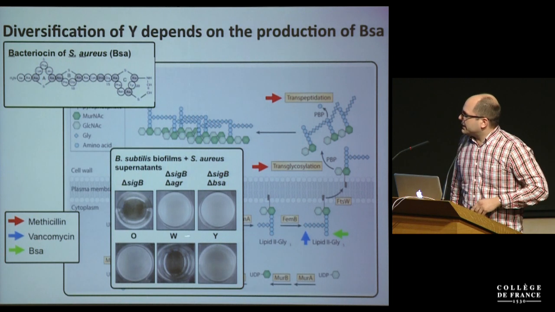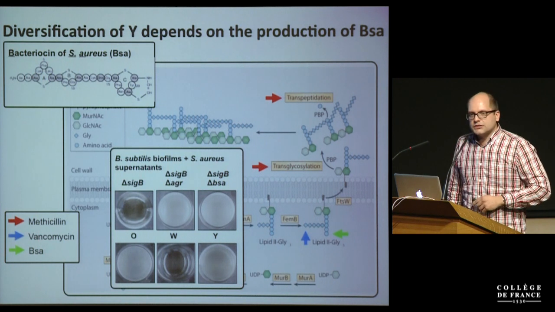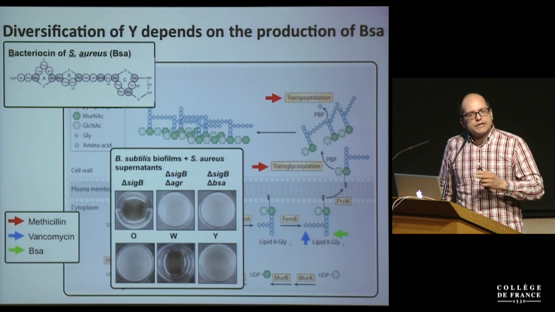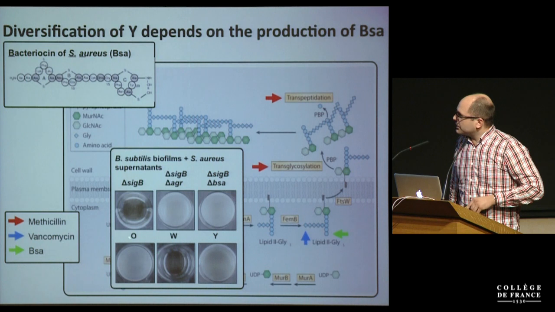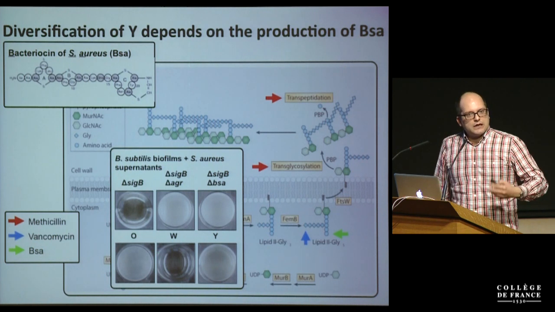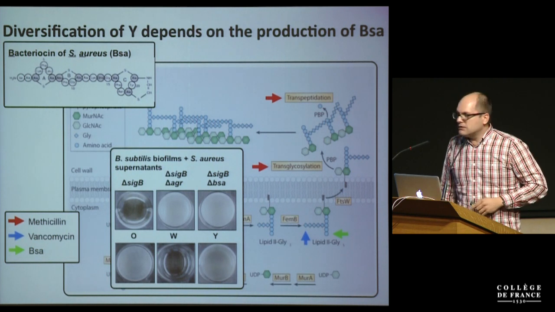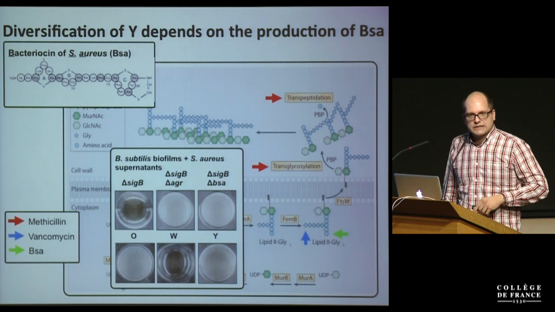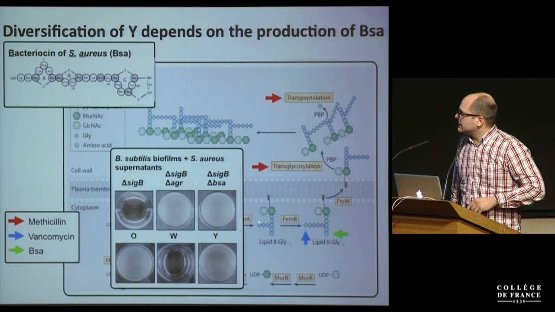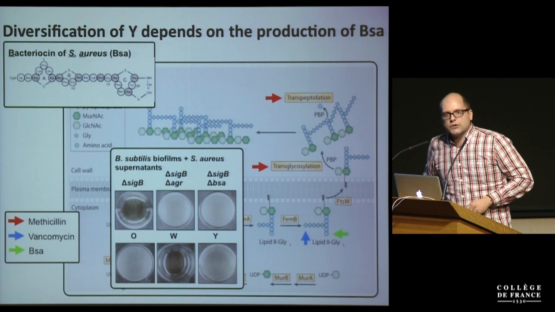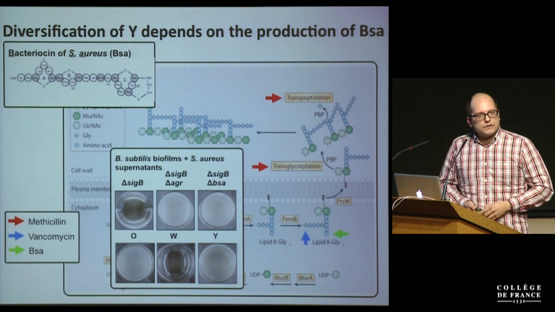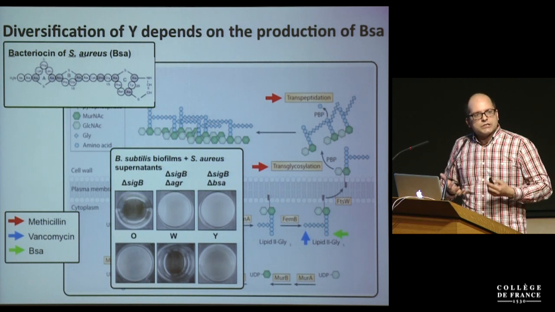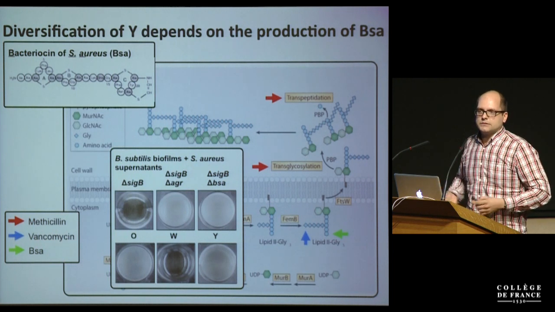And the same happens when we test the supernatants from the 3 strains that we obtained in the flower phenotype. The origin didn't give us a strong profile for killing Bacillus subtilis. However, the white strain gave us strong killing of Bacillus subtilis biofilms, in contrast to the yellow strain that didn't kill. So it seems like supernatants from the white strain are rich in this antibiotic that kills Bacillus subtilis,